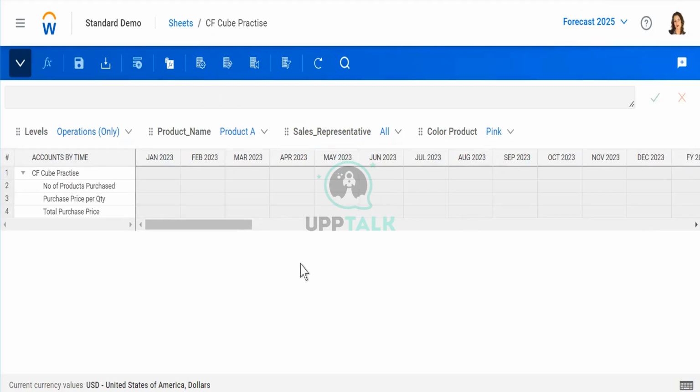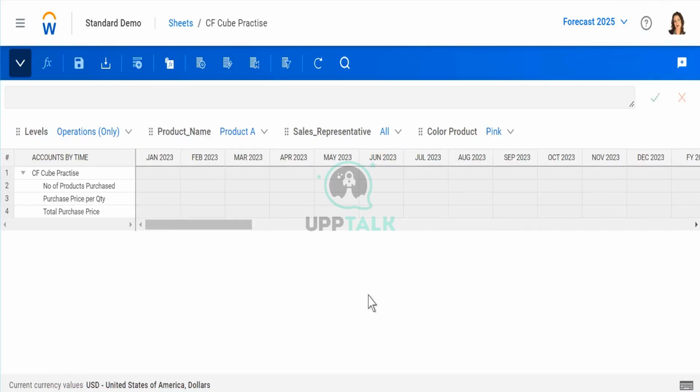You can also enter dates here. You can also enter comments. You can also have text selector options. You can enter more than 10 dimensions. You can enter more than 10 attributes. There are no restrictions on the number of columns or the number of rows. You can have 30,000 rows, 1 lakh rows, or 3 lakh rows. There are no limitations on the number of rows, and no limitation on the number of columns either.